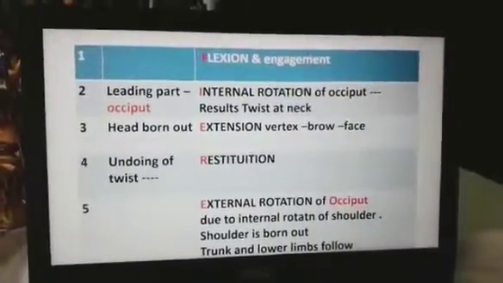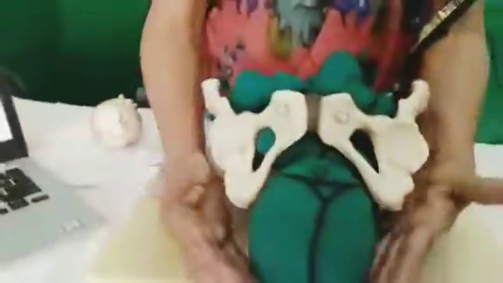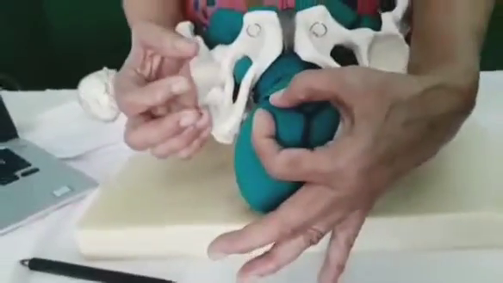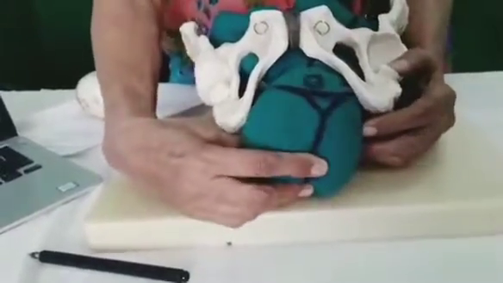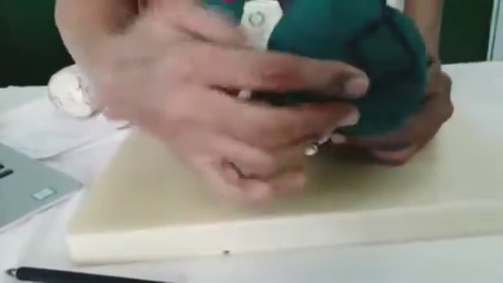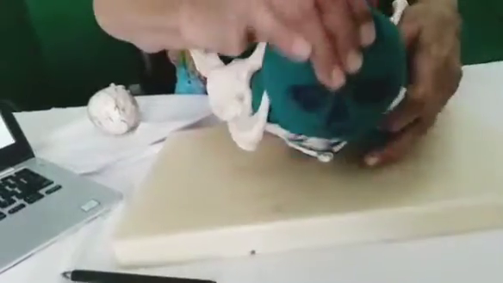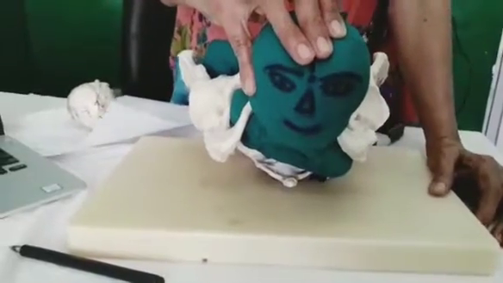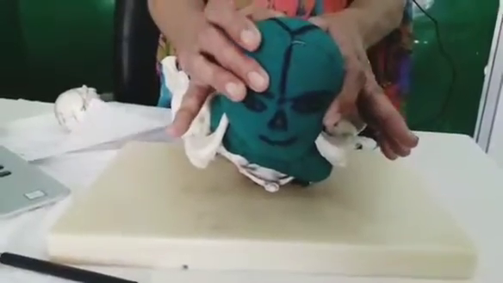What is the next step? Third step. Let us learn about the third step. Now here the direction of the pelvic canal is downward, horizontal and forward. Introitus is here. Now this head follows the path, J-shaped axis. The head is borne out by the movement of extension. So in vertex presentation, first vertex, then brow and then face is borne out. This is how the head comes out of the introitus. So it is borne out. Now it is free. What next?